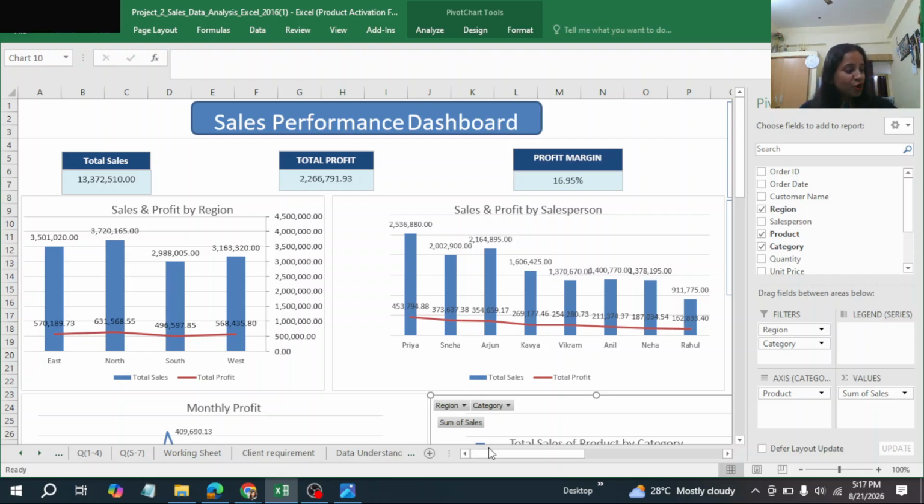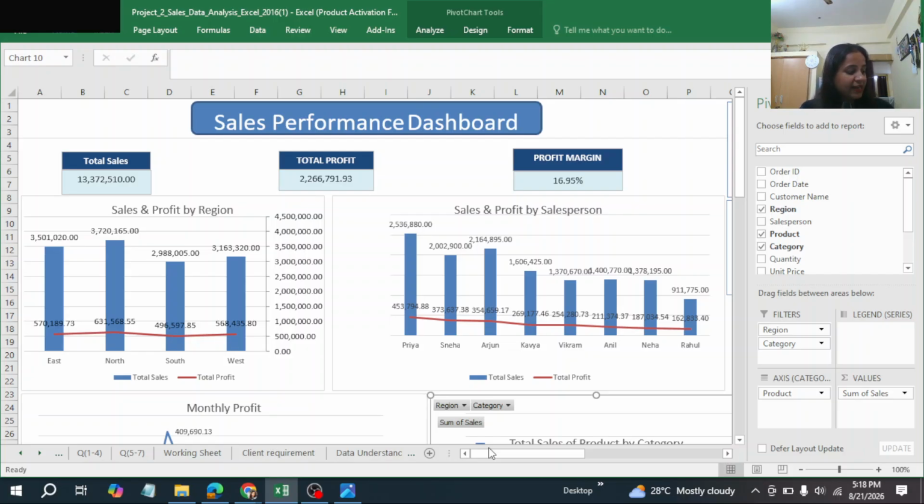Based on the analysis, several business insights can be identified, like which region is performing best, which among the 4 is the lowest, which salesperson is doing the best, which category of product is showing maximum profit, in which month it is showing a maximum profit, or which month is the lowest, likewise. So we can compare the performance here and identify the salesperson contributing most of the sales profit,